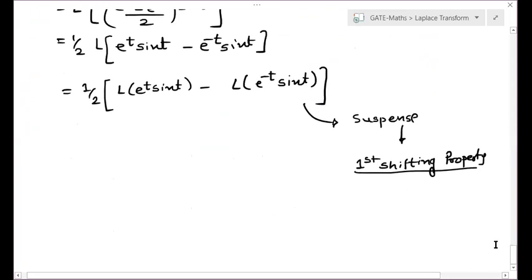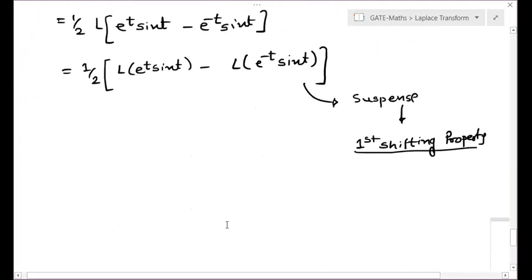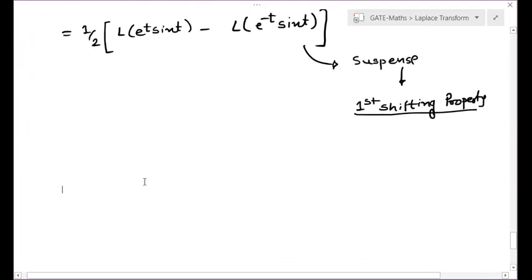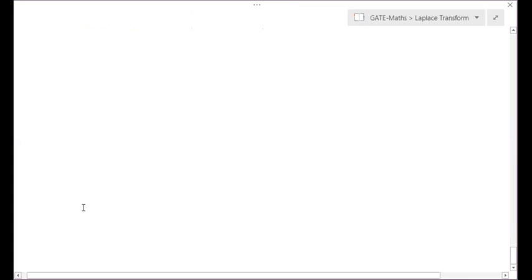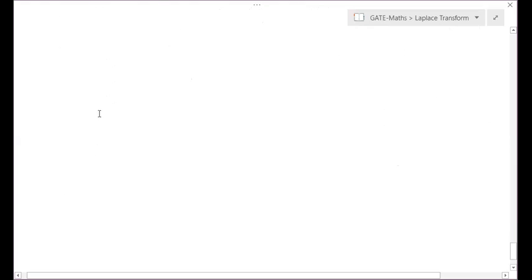So first let us understand its first shifting property. After applying first shifting property, we can complete it in these 2-3 steps. So we can start from here. Okay. So see over here, first shifting property. Okay. Even we can simplify it further as well. So first shifting property, let me write here. I require these 2, 3, 4 steps. Okay. So let us continue from here. First shifting property. Then I will give you another set of properties as well.